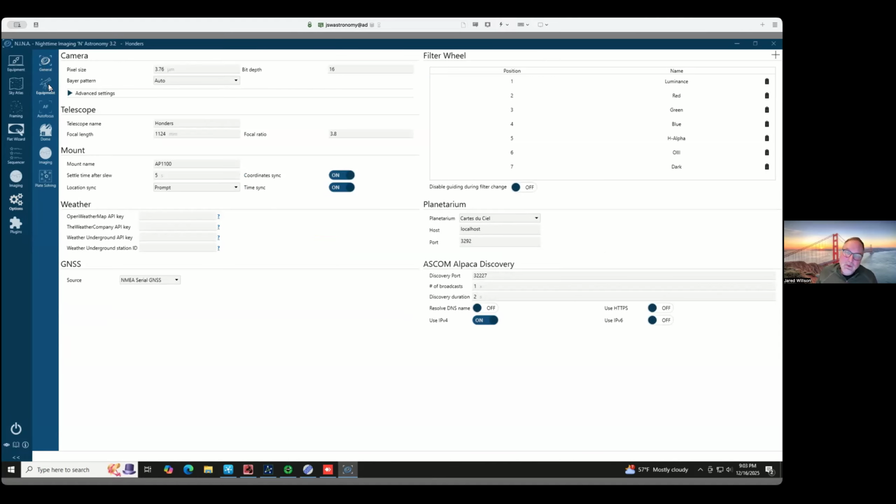Okay, and it's best when you're first configuring NINA. I just walk through each of these and fill them in as best you can. So general, now we'll jump to equipment. So camera, for it to fill in the appropriate information into your FITS header